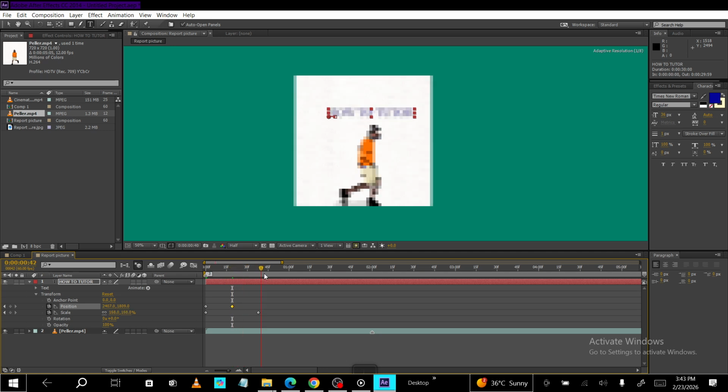Press the spacebar to preview your work. You should see the text move smoothly from the first keyframe to the second. If it feels too fast, drag the second keyframe further to the right to slow it down. If it feels too slow, bring the keyframes closer together. You can repeat this process with scale, rotation, or opacity to add zooms, spins, or fades using the same keyframe workflow. And that's the basic process for